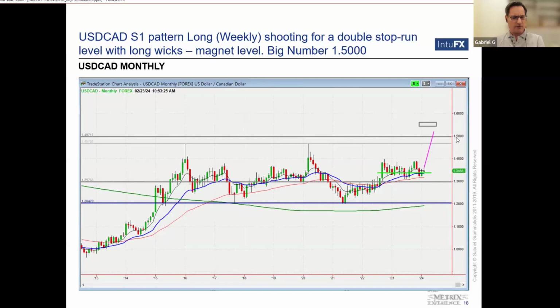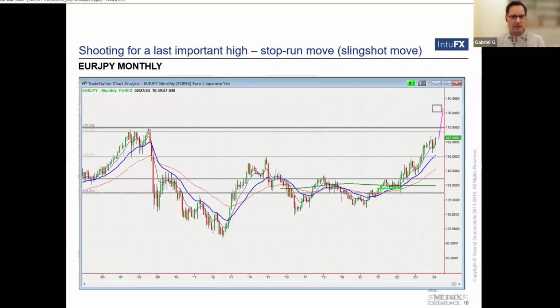So if price gets there and breaks the level, this is another stop run level, a big number, the 15,000. Well, we should get a big move, a stop run move, meaning price goes vertical. You see even one big green bar or a series of big bars, and it should go at least here or even up here. You should see an exponential up move. Well, that's a monthly chart. If you get a move like this, similar to what we've seen here, this can be nicely traded in a lower time frame. We don't need to trade the monthly chart. It can be traded on a 15-minute chart, on a 60, on a 5-minute as well, whenever we get an exponential trend going.